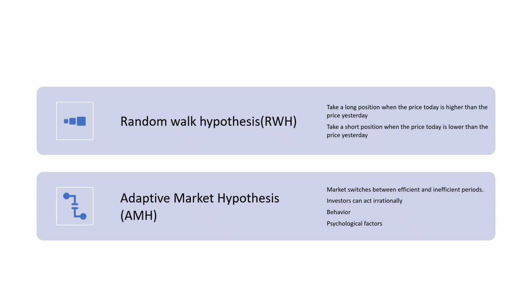The contemporary security analysis process perceives indirect rewards coming from risk return. It is argued that in a weak form market efficiency, stock prices do not yield trends in line with the RWH due to stochastic changes. The adaptive market hypothesis, or AMH, suggests that the market moves from different stages of efficiency and inefficiency due to the behavioral finance observations that investors can act irrationally in response to behavior or other psychological factors, including overconfidence, overreaction, and fear of loss.